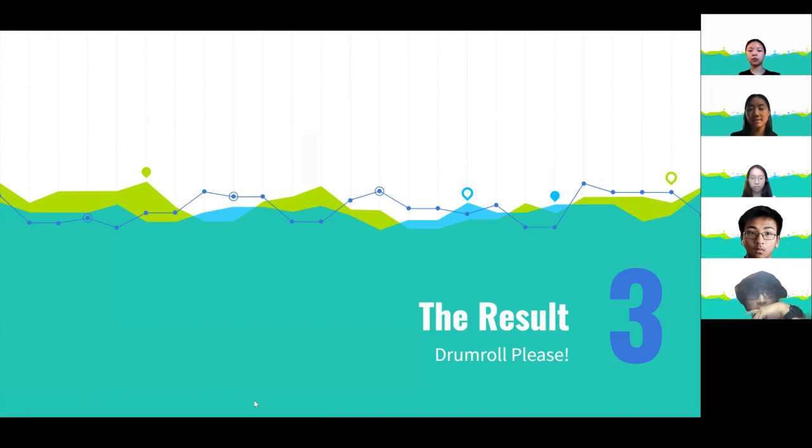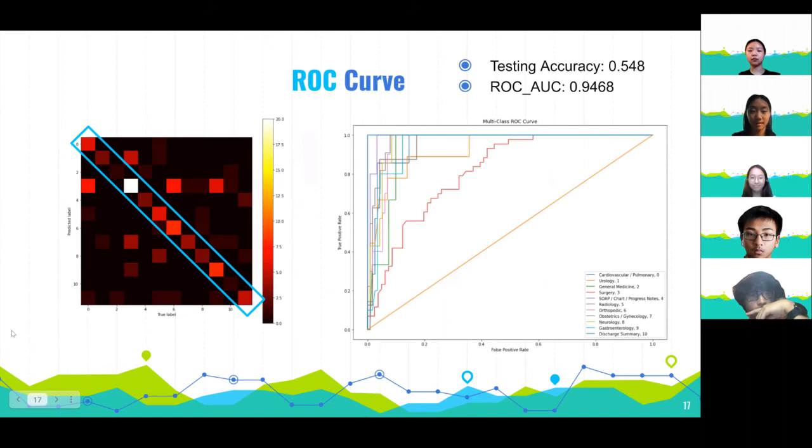And finally, we have our results. Drum roll, please. So first of all, on the left, you can see our confusion matrix graph. The highlighted diagonal line across the middle is the part where our model correctly classified the medical specialties. And there's a pretty distinct diagonal line, so that shows that our model is relatively accurate. And so our testing accuracy is 54.8%, but while this seems low,